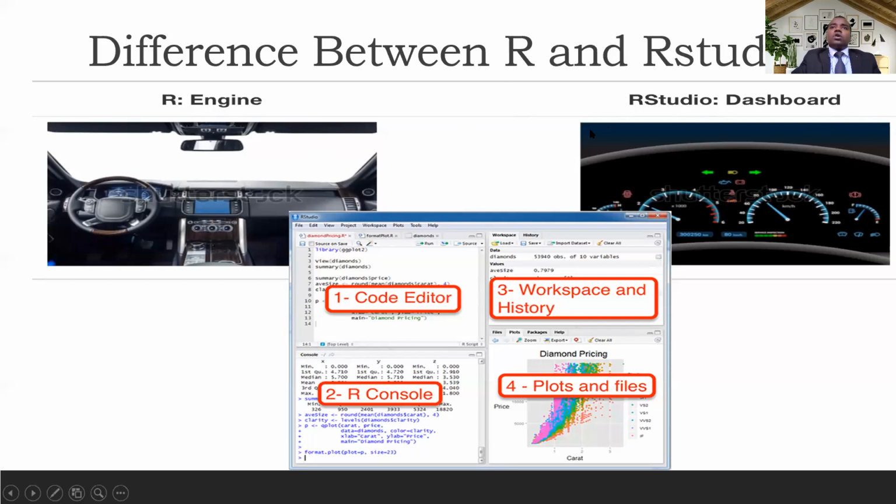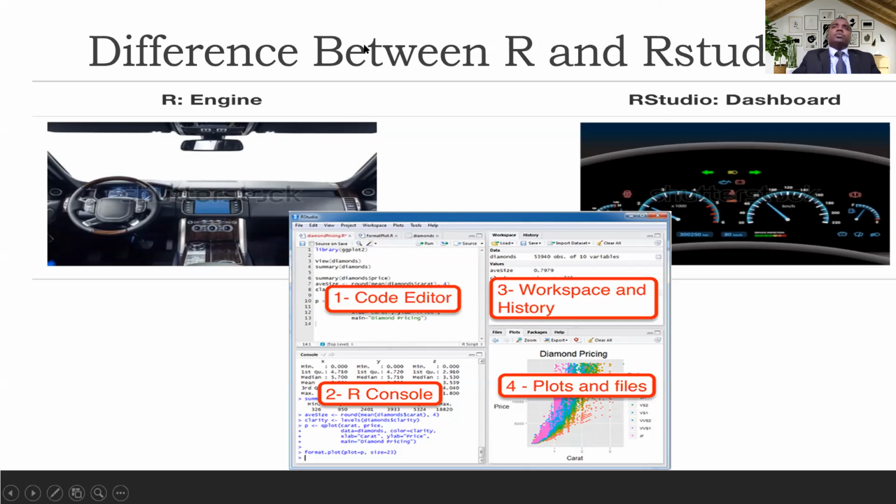But RStudio will give you more facilities and more comfort in writing R programming. That's why we'll be using only RStudio for learning R programming. I have already explained the code editor, R console, workspace and history, then plots and files.